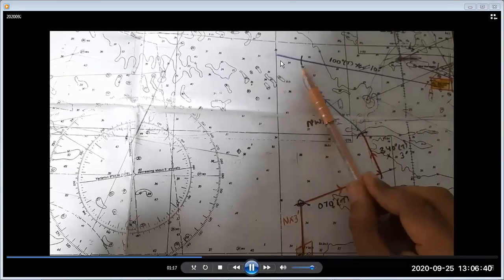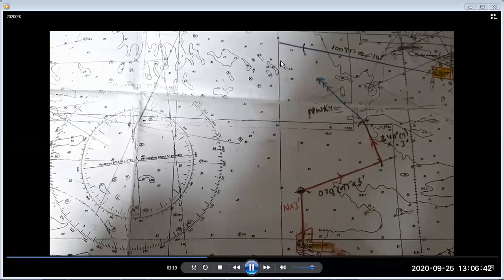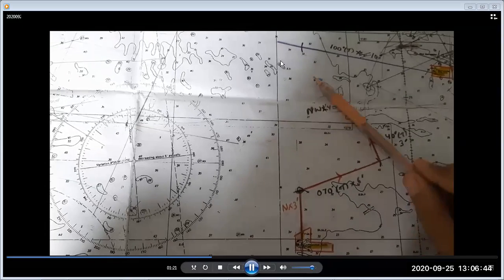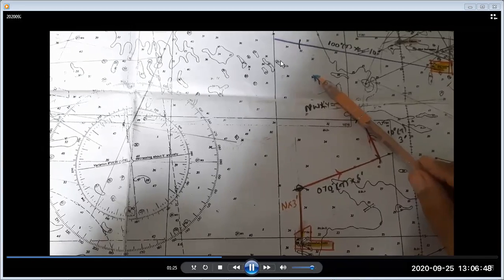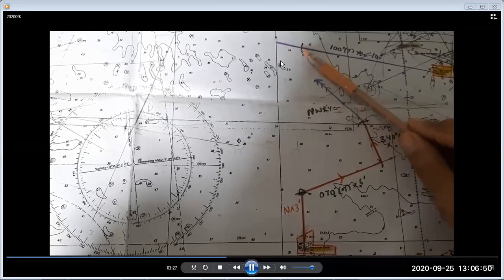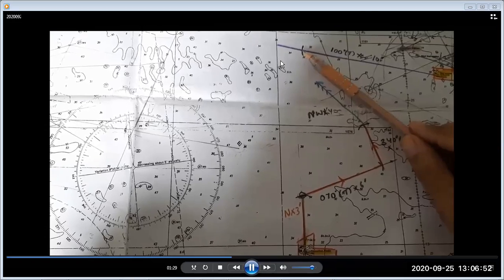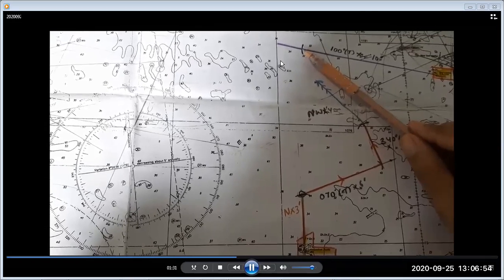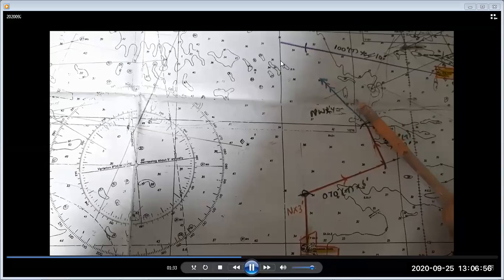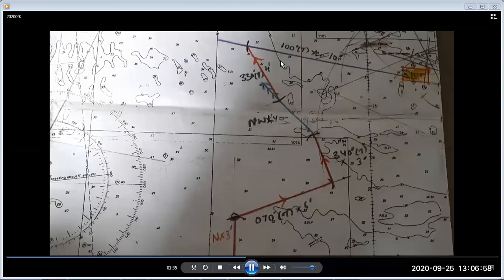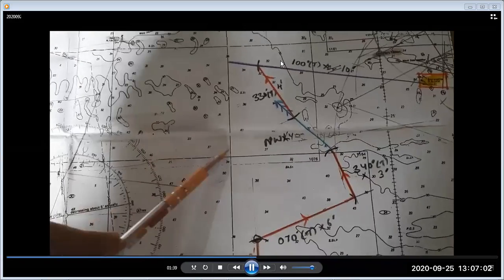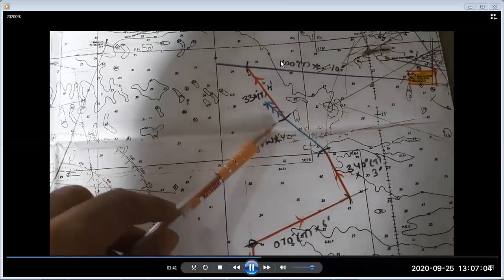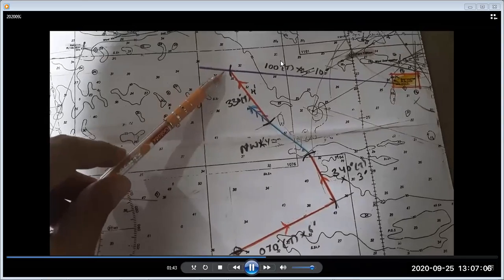So we have this final position and we have the initial position, and the current was setting through, and in between there was one more leg of course which we don't know, but we know the time, 2100 to 2120, that is 20 minutes. So a 4 mile arc we will cut here, and then we plotted this northwesterly set, and we had this position.